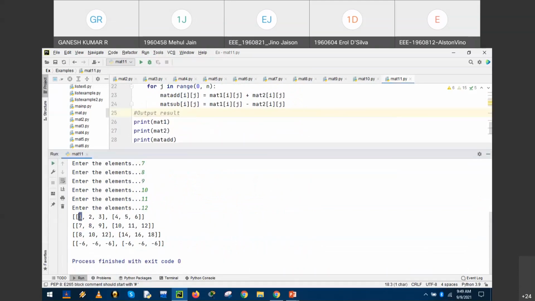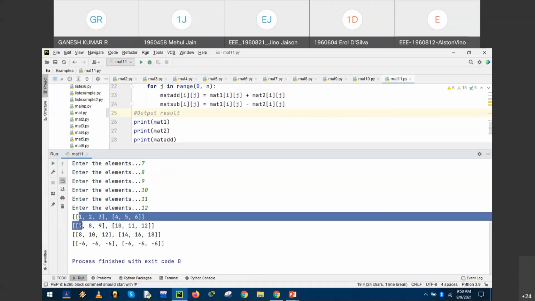The first element of the first matrix and the first element of the second matrix are taken and added. So elements in their corresponding position. First row, first column, and first row, first column of the second matrix. First row, second column of the first matrix, and first row, second column of the second matrix.